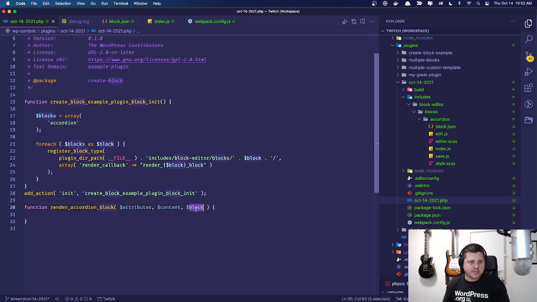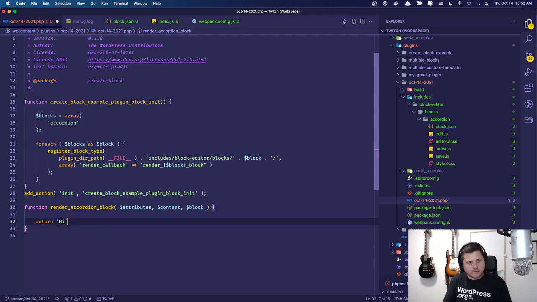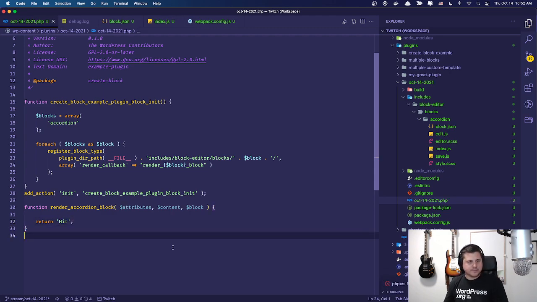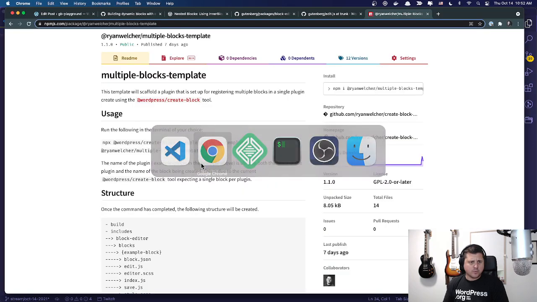And then the block is basically everything. So what this is going to do is we want it to return markup of some form. So I'm going to do this, right? Okay, so I'm going to do that. So now, hopefully, if I've done this right and I haven't broken everything, I'm going to be able to come